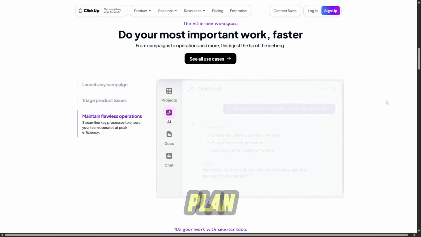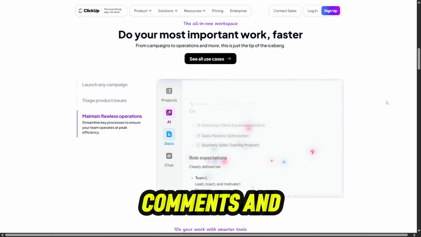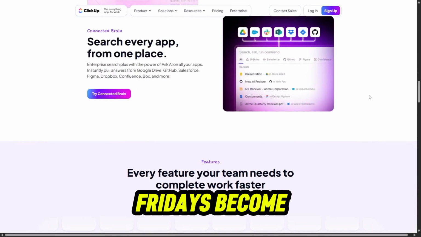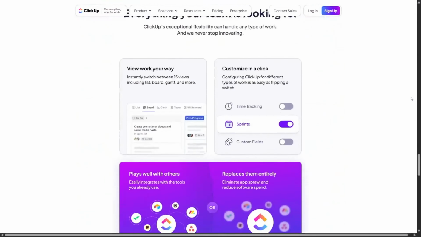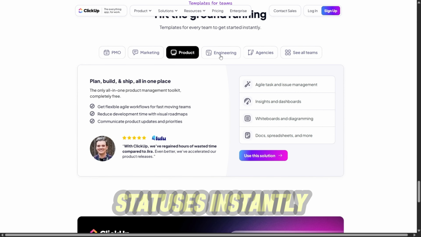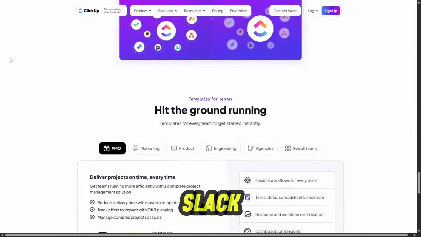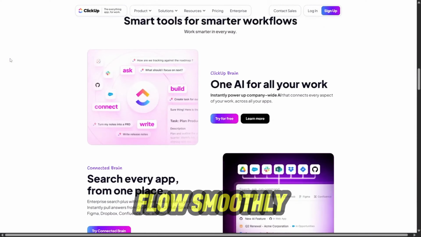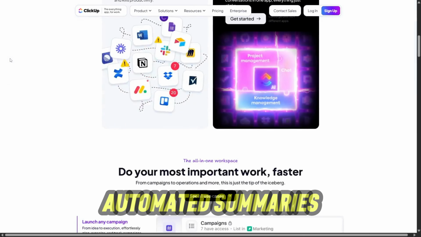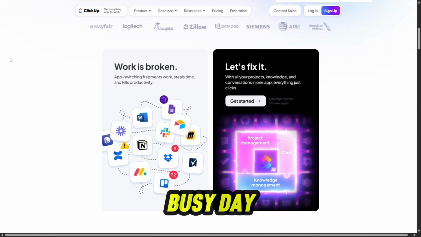Need to write a project plan? Their docs fold right into the task layer and support nesting, comments, and multi-user editing. Workflows become flexible realities with automations, point-and-click rules to move tasks, assign people, send messages, or update statuses instantly. I even set up automations triggered by comments, responding to Slack, making cross-platform updates flow smoothly. The recent AI rollout, automated summaries, rewriting task descriptions, and generating project plans makes a busy day feel easier to